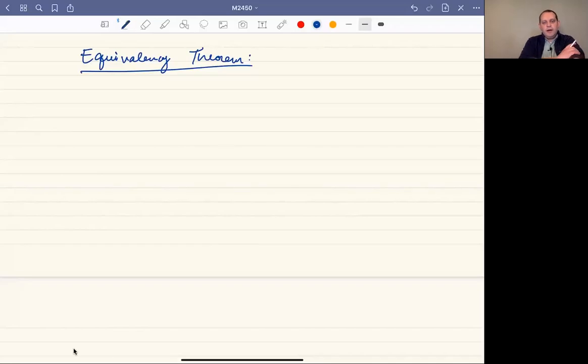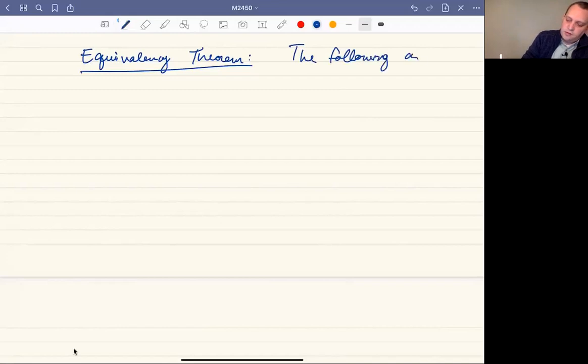At this point, I'm going to add in a discussion about what I'm going to call the equivalency theorem. The equivalency theorem is going to be a theorem that we're going to talk about all semester, and we're going to add to it bit by bit as we go along. But we're already far enough to be able to see lots of equivalences that we can talk about. So the equivalency theorem says that the following are equivalent